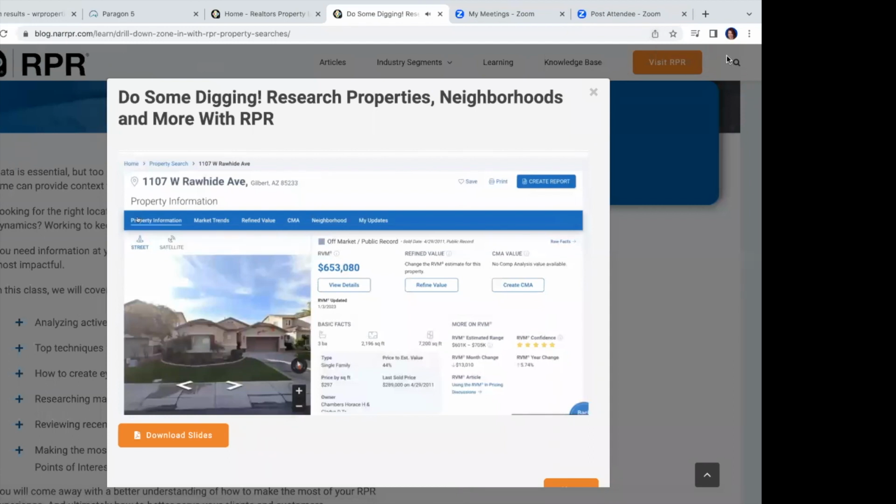So I want to dive into some of the layers for this property. The first layer that I want to dive into is